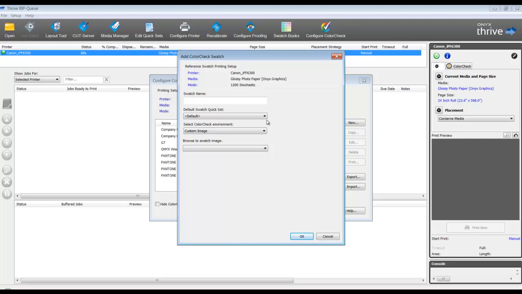Custom image swatches are not tracked or measured the same as the other color check swatches that we've had here in the past for our environments. Otherwise, they are needed to be separately measured within that third-party package involved. So this would let you have a method to browse for your particular test target images, and then again, through that other third-party software, measure the data and validate the information.